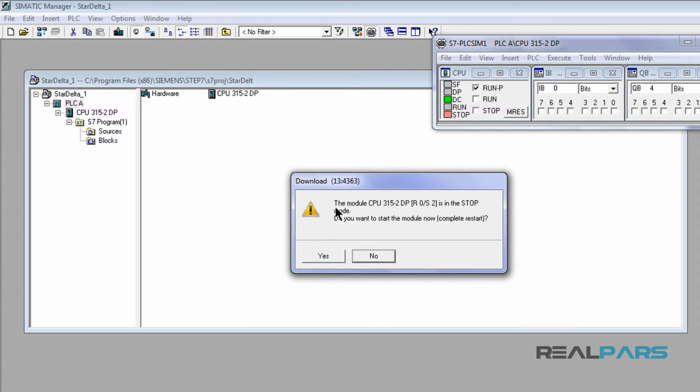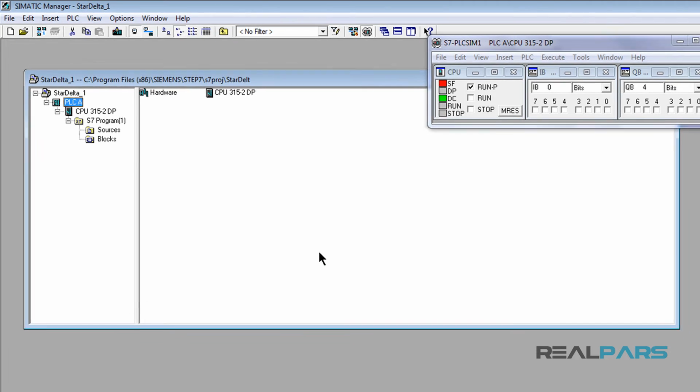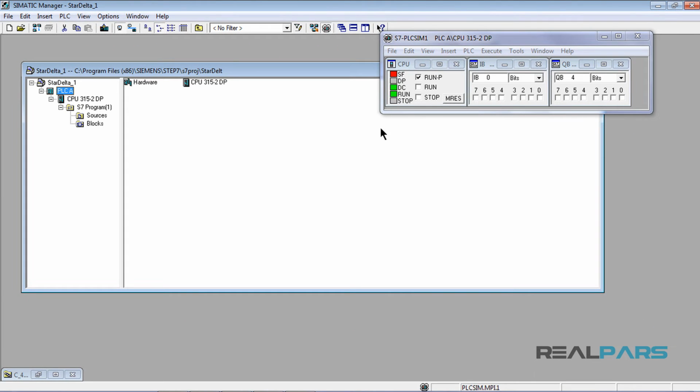The CPU is now in the stop mode since I downloaded the hardware configuration along with the logic. Now, it asks me if I want to run the CPU again. I'll click Yes, and the CPU runs again. Okay, now the whole project has been downloaded to the simulator successfully. And now I can start